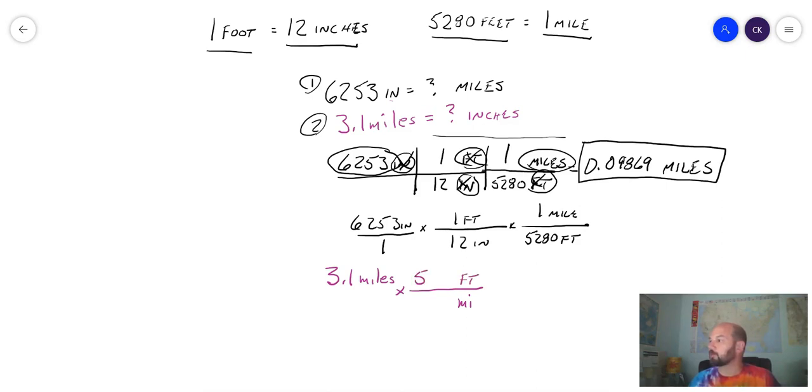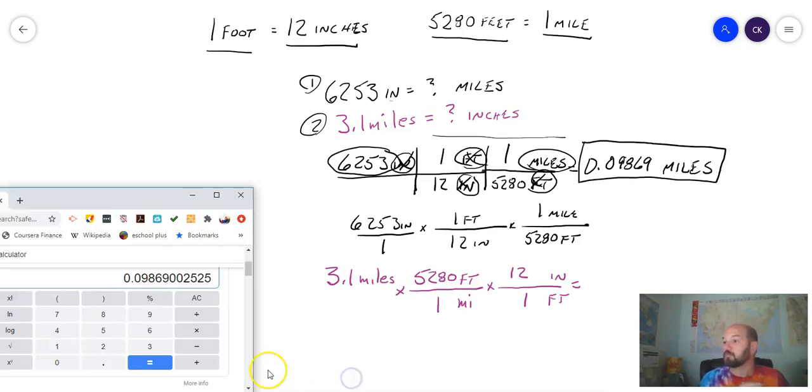And again, we've talked about this before. This is 5,280 feet per 1 mile. Then I do another times in line. I can go from feet to inches, and there are 12 inches in 1 foot. So now I do my math. Let me bring up that calculator again. And this time, let's clear that out. I'm going to do 3.1 times 5280 times 12. And I just have ones in the denominator, so I'm not going to worry about them. And I get